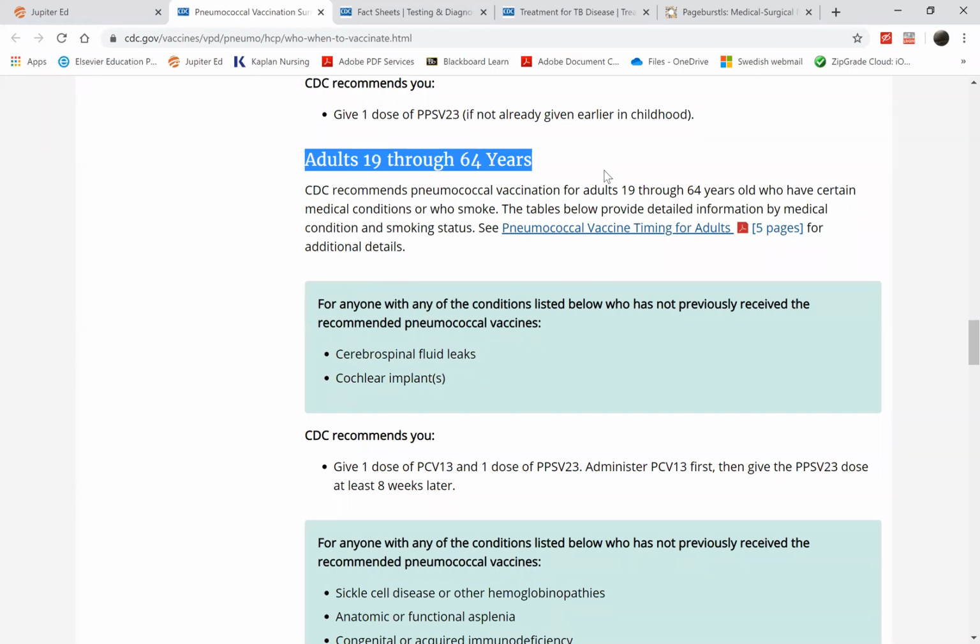You have Miss Professor Buckner, right? Yeah. Okay. So before I go with adults 19 to 64, because when you admit the patient, by the way,